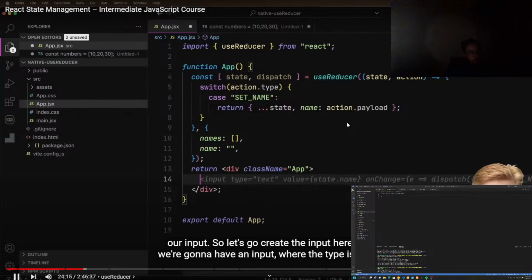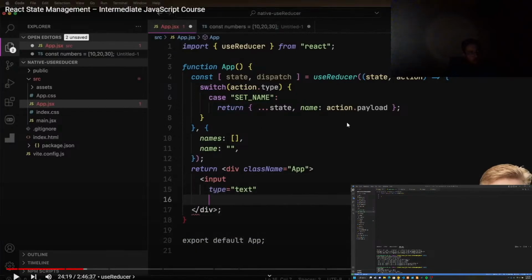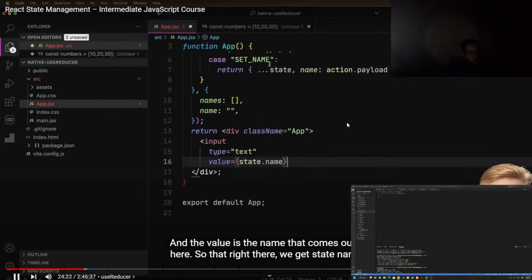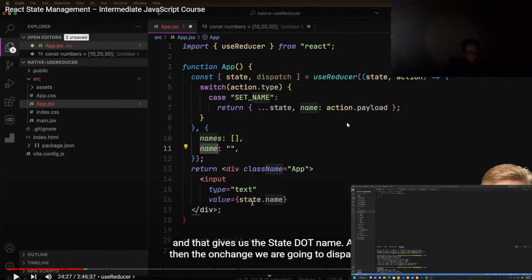So let's go create the input here. So we're going to have an input where the type is text, and the value is the name that comes out of here. So that right there, we get state, name, and that gives us